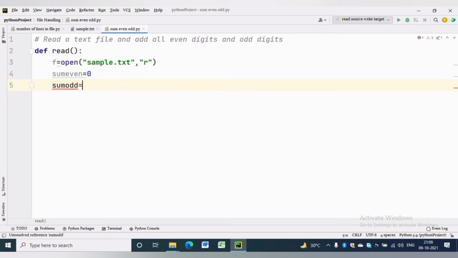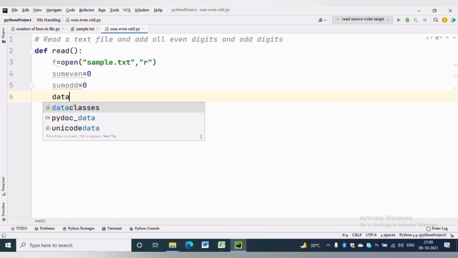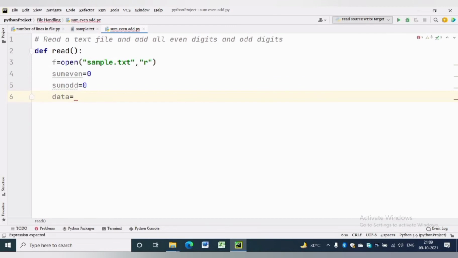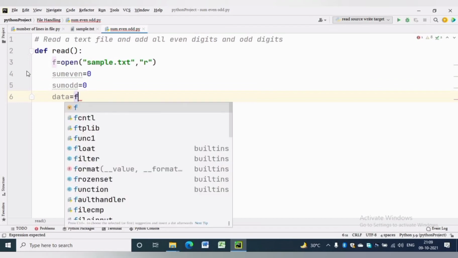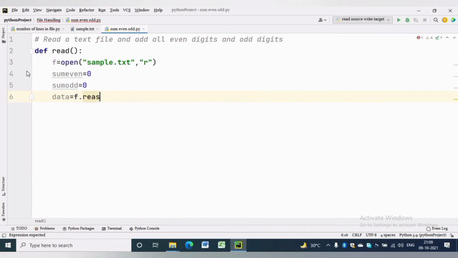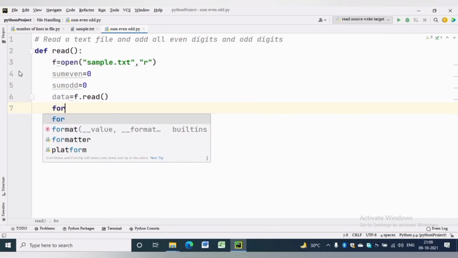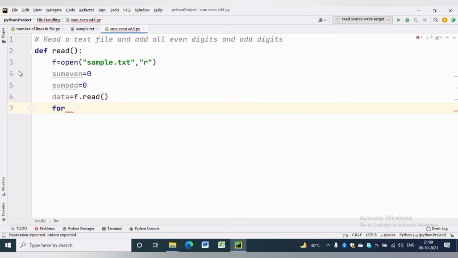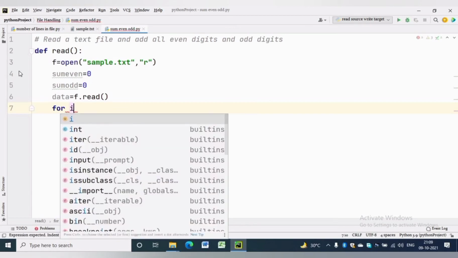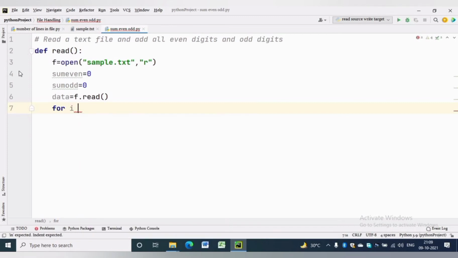To read the file, we will use a read function which will give us a string. By using a for loop, we can read each character one by one and we will check whether the character is a digit or not by using the isdigit function. For i in data, we will loop through data and read one character at a time.